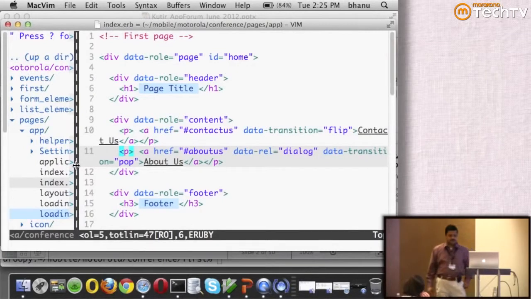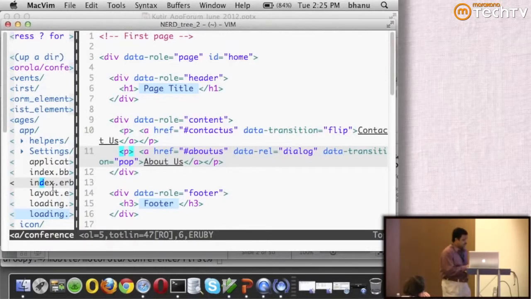So, what I have here is a Rho Elements 2 application, or a Rails application, and I am looking at the index.erb file. Since this is a static application, I do not need any model or controller. I am just going to show everything in the view. I generated a basic Rails application, you can do the same with Rho Elements too, and then under app I am editing the file called index.erb.